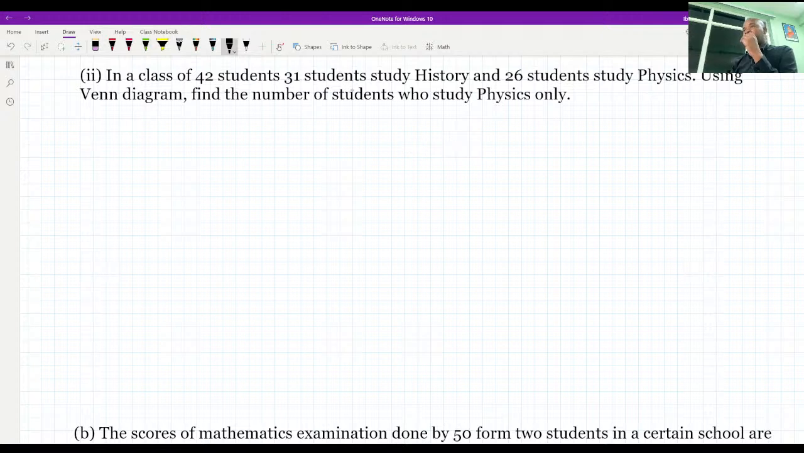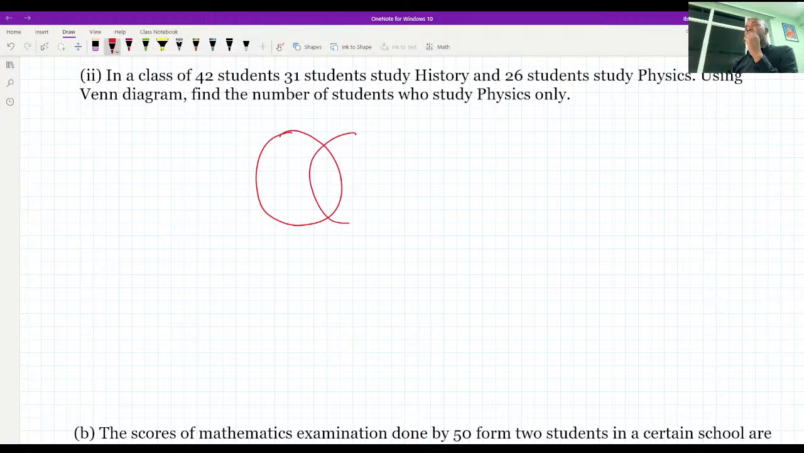In a class of 42 students, 31 students study history and 26 study physics. Using a Venn diagram, find the number of students who study physics only. Yeah, I think as you can see the details, we can represent actually this information using a Venn diagram, but we need to come up with some assumptions I will share with you later on. So by using a Venn diagram,